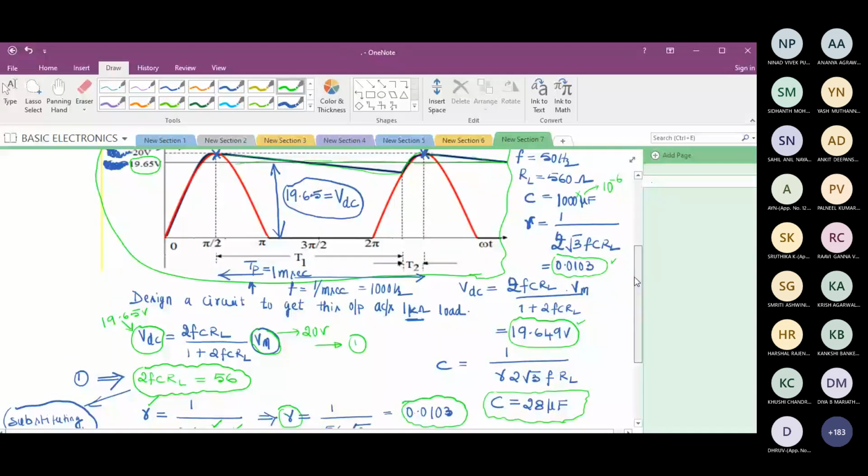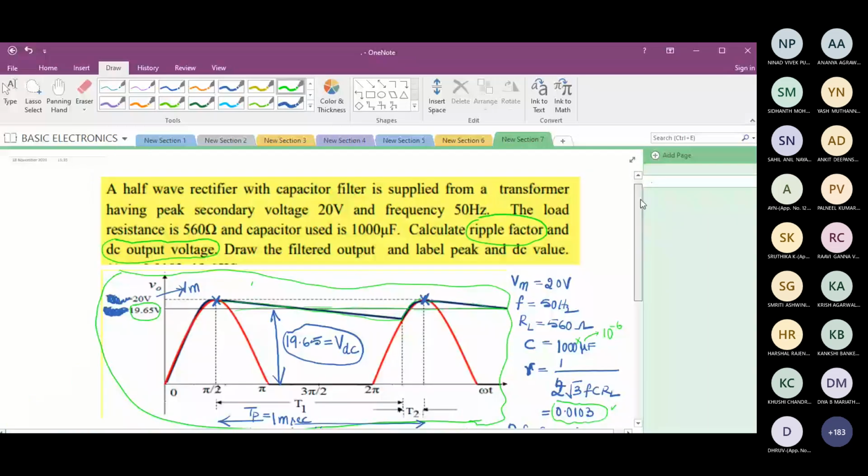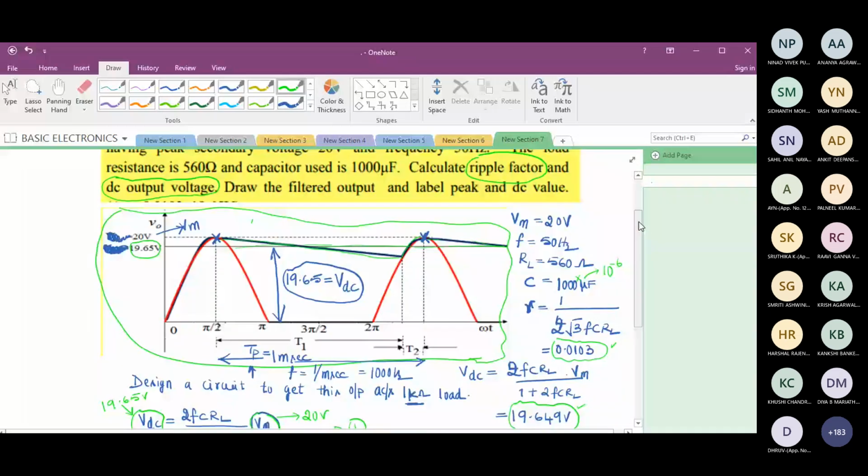Okay. So, sir, in this question VDC comes out to be 19.65, so it would be lower than VRMS, sir. So how will the question be correct? What is VRMS of this? Sir, 20 by root 2, no? Did I mention anywhere that with a capacitor filter you get Vrms as Vm by root 2? Have you not connected a capacitor now across the load? I had given only two formulas, one is ripple factor, one is DC. RMS of this will be different. That is not required right now. For that reason, I haven't mentioned it.